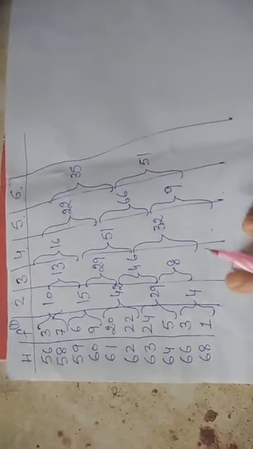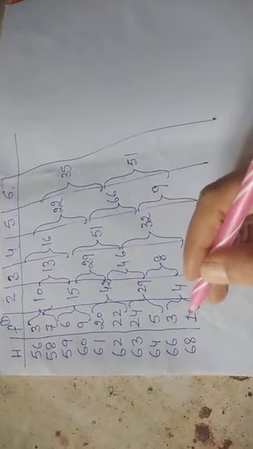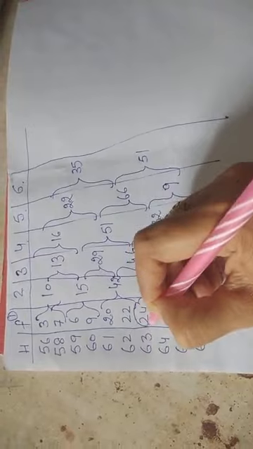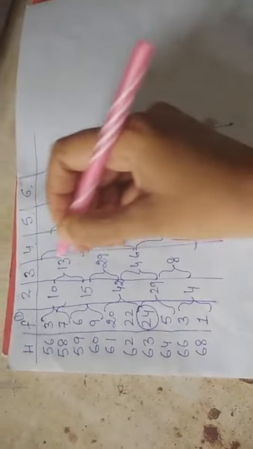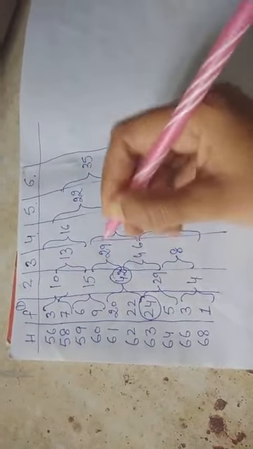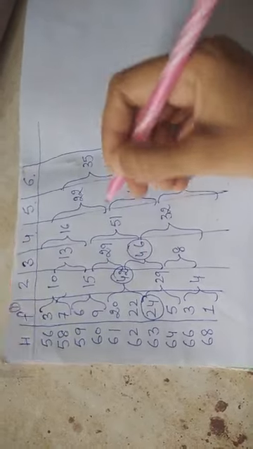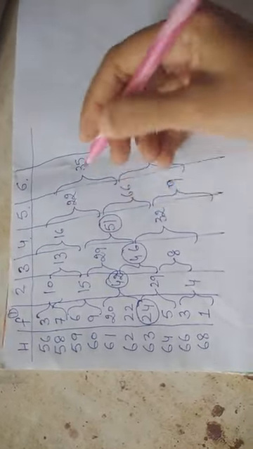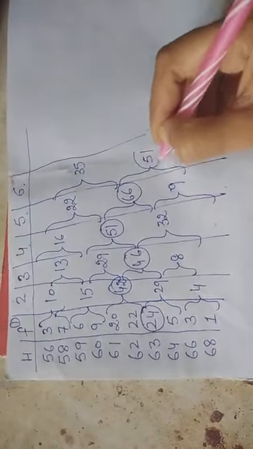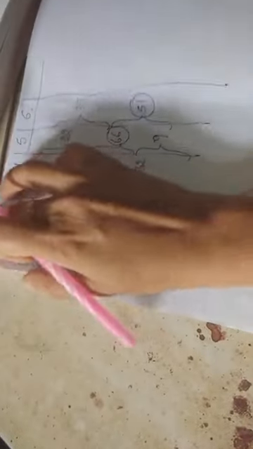Next step is, after having these groupings, you are supposed to locate the highest frequency in each column. For example, this is the highest frequency in the first column. In the second column, 42 is highest. Then the next one, 46 is highest. 51 is highest. I'm going to encircle 66 and 51. After this, we are going to make use of the analysis table.